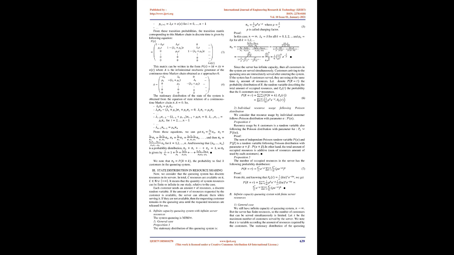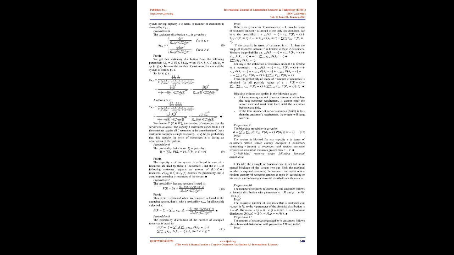A. Infinite capacity queuing system with infinite server resources. The system queuing is M/M/∞. 1. General case. Proposition 3. The stationary distribution of this queuing system is: since the server has infinite capacity, then all customers in the system are served simultaneously. Customers arriving to the queuing area are immediately served after entering the system. If the system has customers served, they are using at the same time an amount of resources. Let us denote the probability distribution of the random variable describing the total amount of occupied